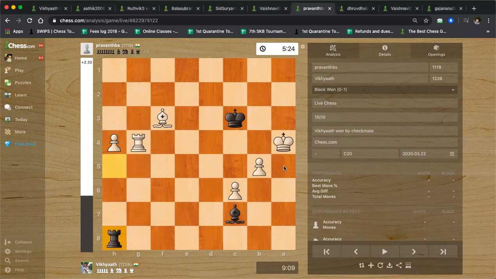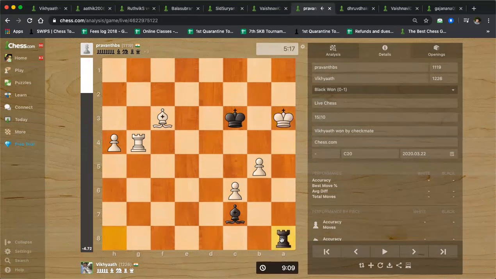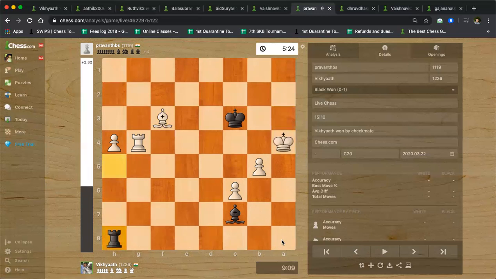He cannot move here. He cannot move to b6 or b3 or b4. Even if he moves to a3, it's still going to be checkmate. So what can white do? There is just one move here for white to stay in a winning position. So this position is not absolutely winning for black, but in a practical game, it's very difficult to find that